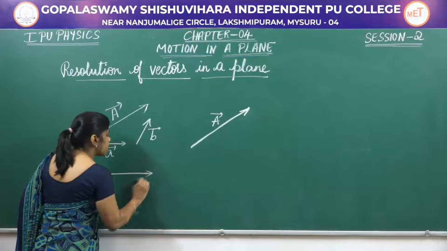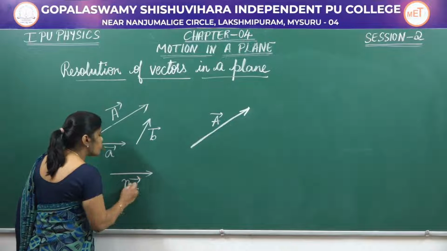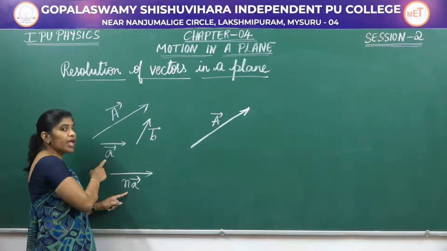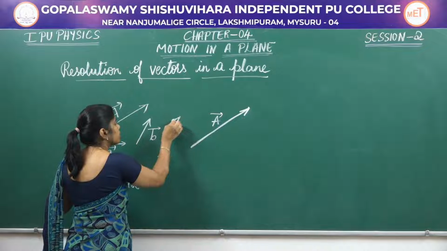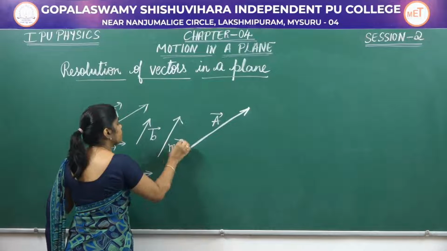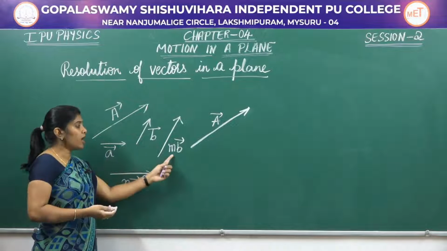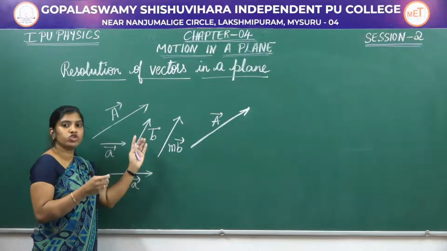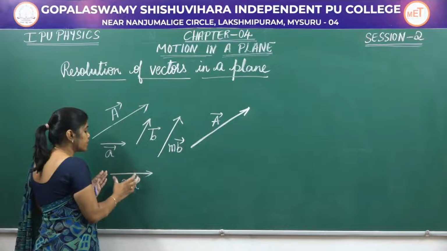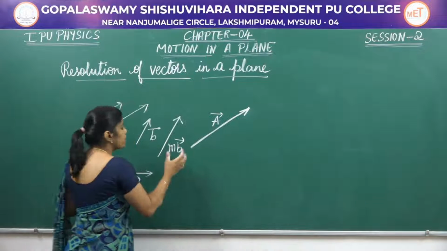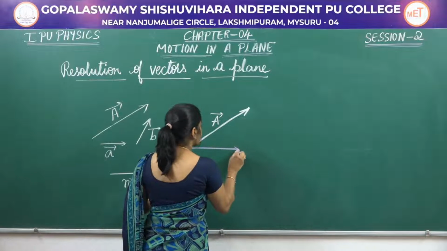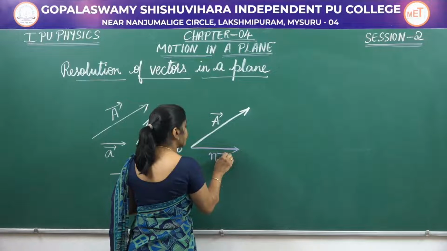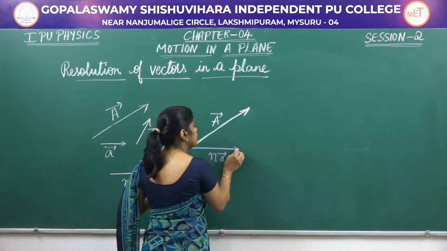So this is the new vector I get when I multiply n to this, and a new vector b when I multiply a real number m to vector b. Now let me draw a parallel vector here. So I'll get this vector na and